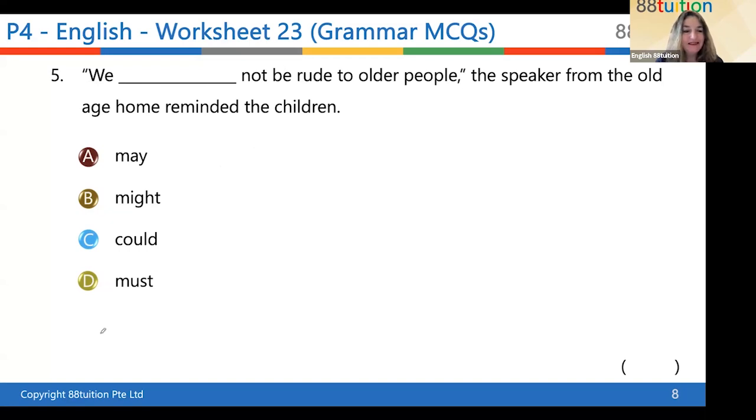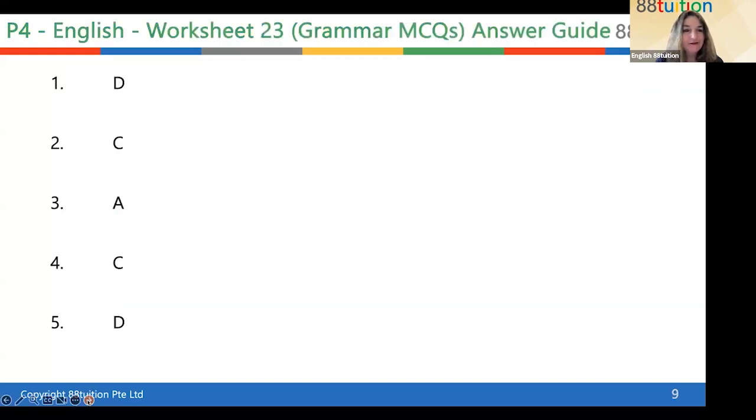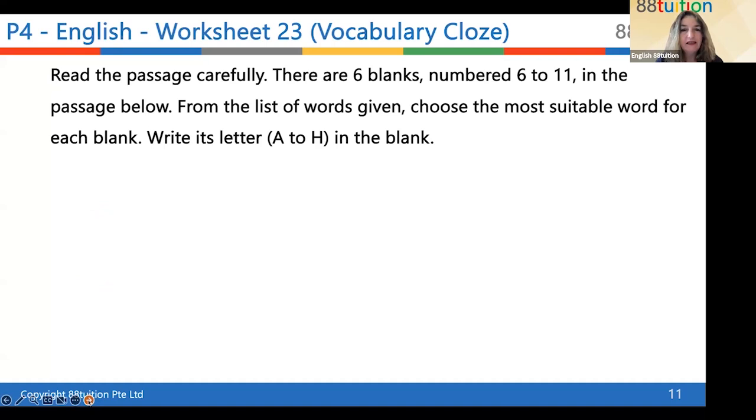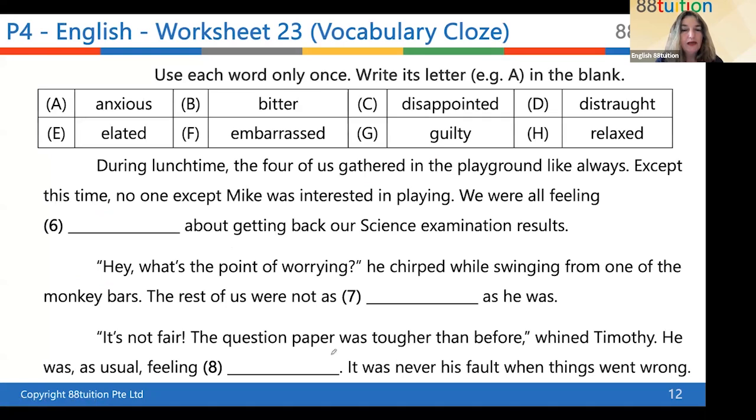Okay, thank you. So must is the correct answer. Thanks, Janelle. Emmet, you're next after this one. So we got our answers there. Let's move on to vocabulary cloze. And Emmet will be first. There are 6 blanks, numbered 6 to 11. From the list of words given, choose the most suitable for each blank. So I think you all find this quite easy. There's no difficulty here. Ooh, actually, there is quite a lot of difficulty. Okay, so for this one, I need to...